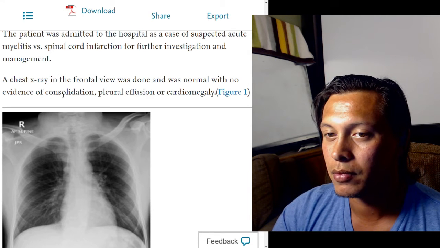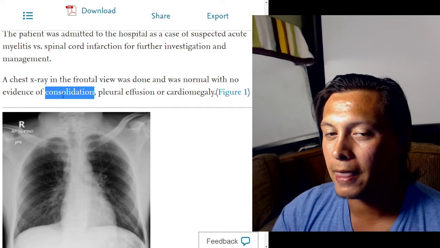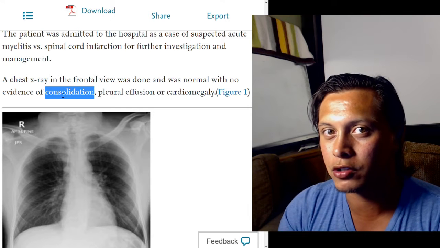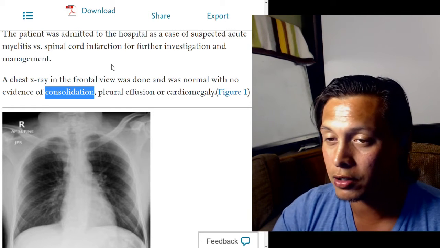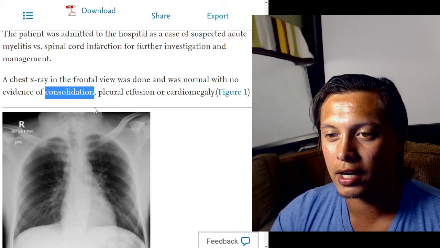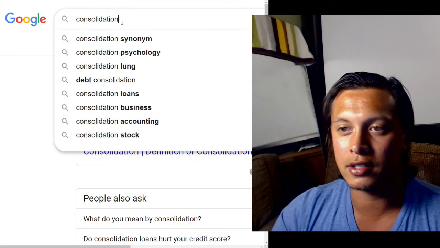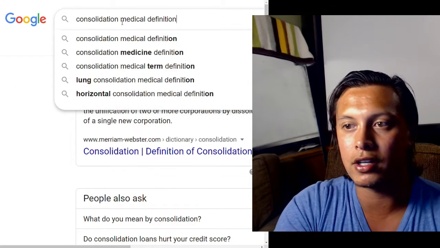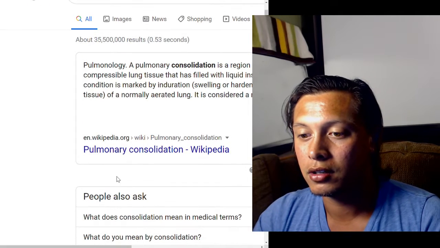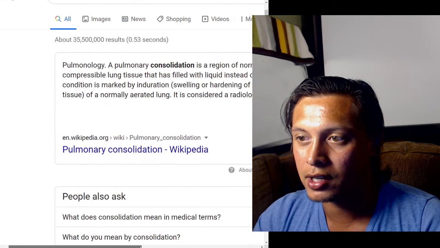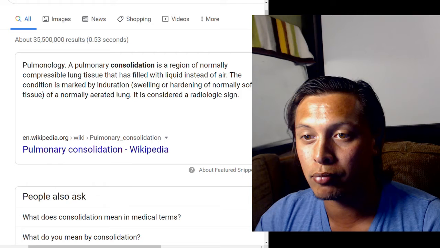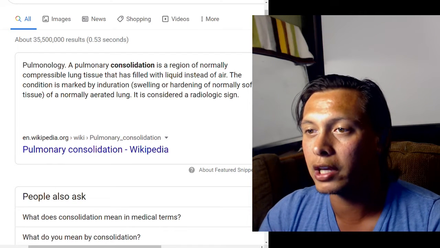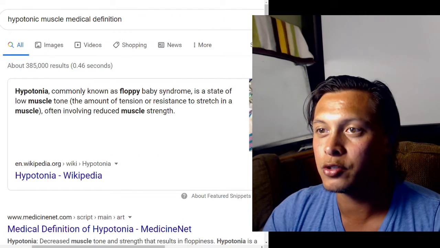Anyways, a chest x-ray in the frontal view was done and was normal with no evidence of consolidation. I apologize, I don't know what the medical term for consolidation is. If you know, you can leave it. I'll say consolidation medical definition. A pulmonary consolidation is a region of normally compressible lung tissue that is filled with, okay,